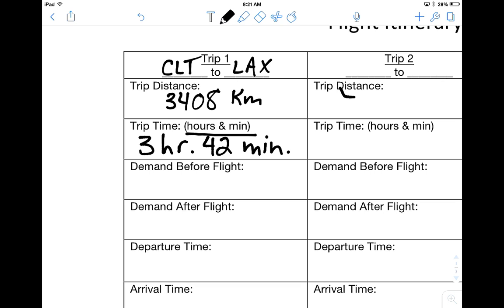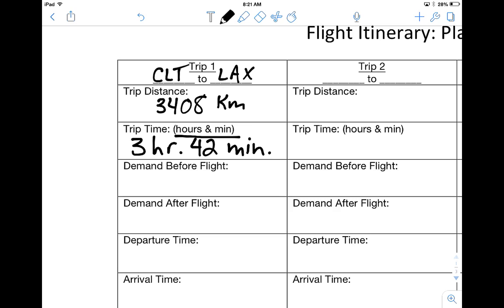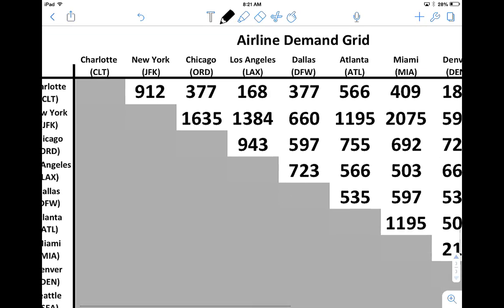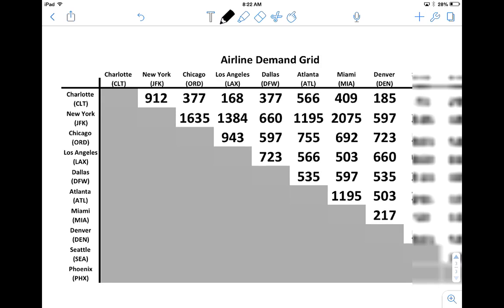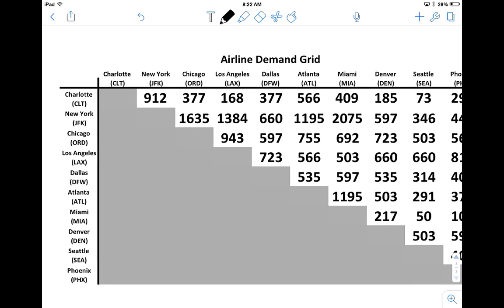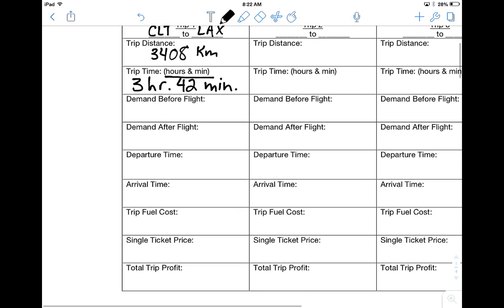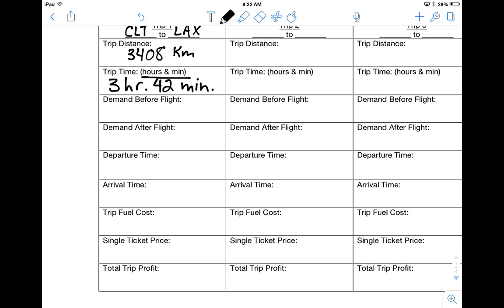Okay, now demand before and after the flight. Now, this is where you're going to have to go to your demand grid. All right, so I've got the demand grid in here. So we said this was Charlotte to LAX, so my demand is 168. Okay, so let's go up here. Now my demand